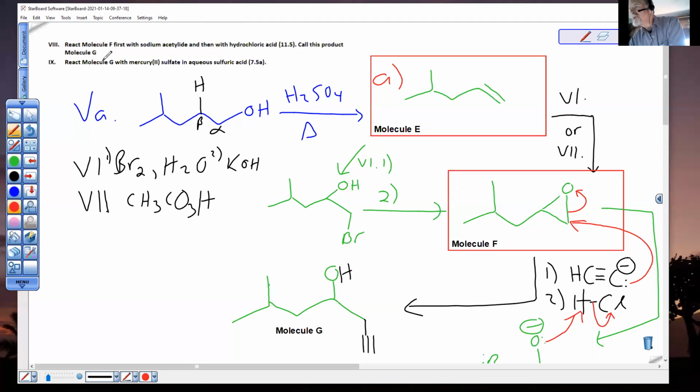And react molecule G with mercury(II) sulfate and aqueous sulfuric acid. Was this just about predicting the product,